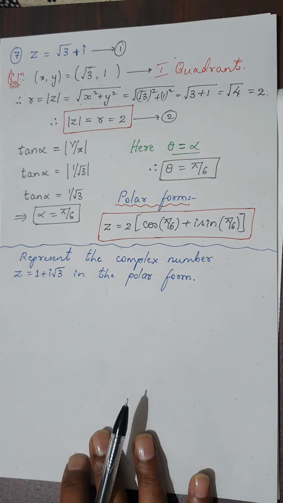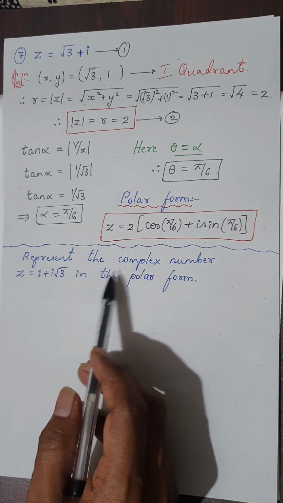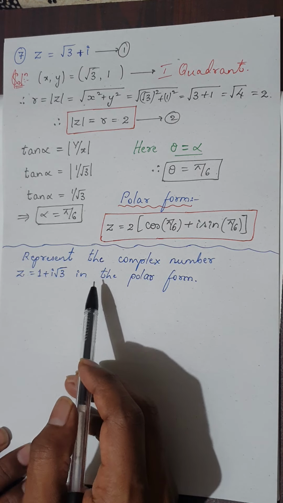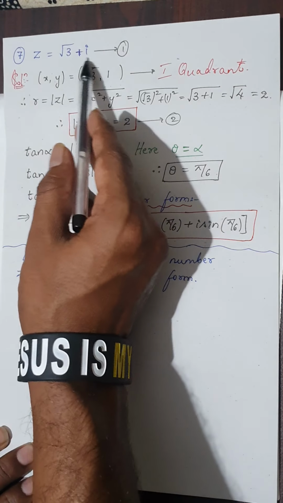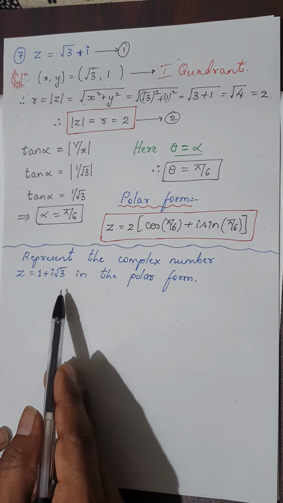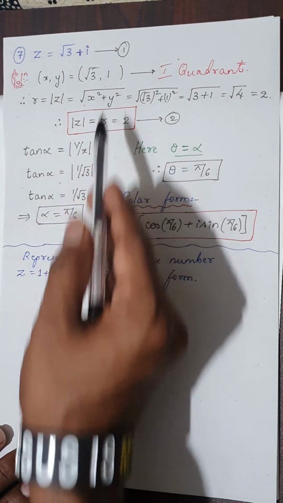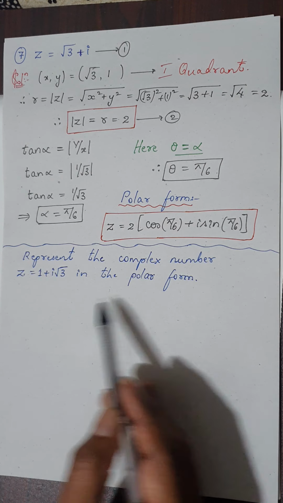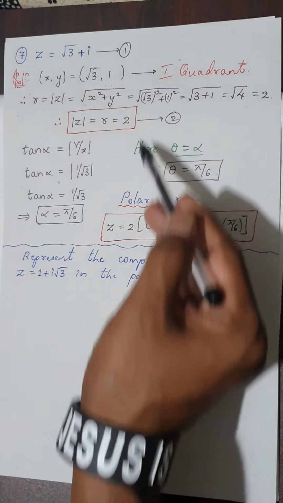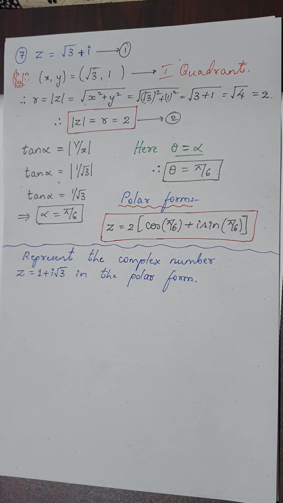Okay. Fine students, this was a simple one. Now the next question I'll give you as homework because it's very similar to the previous question. Only thing is x and y values would be interchanged. Previous one was root 3 plus i. Here it is 1 plus i root 3. Means your x was root 3 and y value is 1. Now your x value will be 1 and y value will be root 3. You can find out the polar form in a similar pattern. I will give you this question as homework, and I believe in you that my students who are watching this video will definitely be able to find the polar form for this. So trusting you, let me go on to the next question.